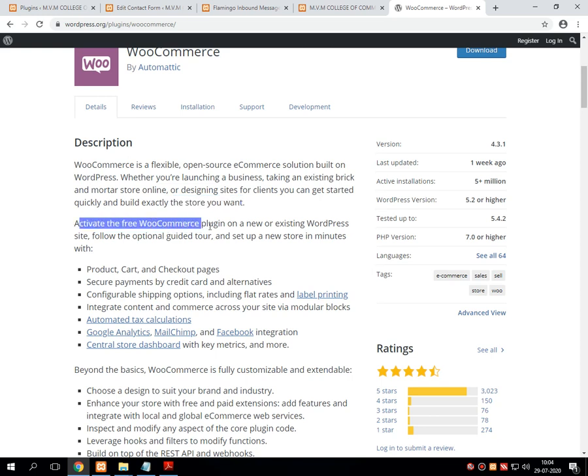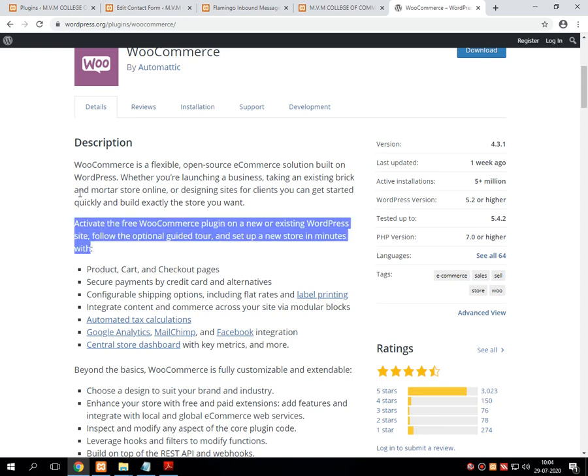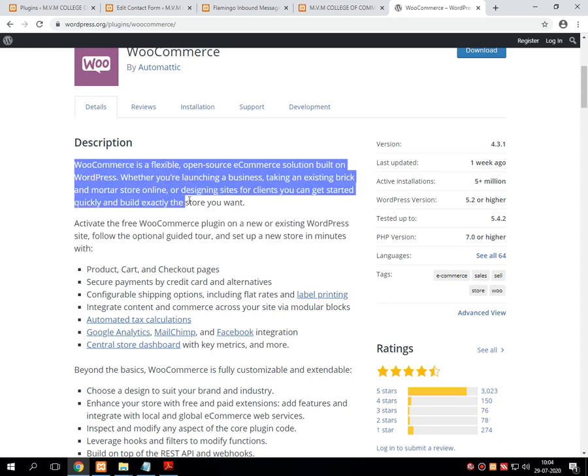Activate the free WooCommerce plugin on a new or existing WordPress site, follow the guided tour, and set up a new store in minutes. Now, what this description tries to say is important, these four lines actually.